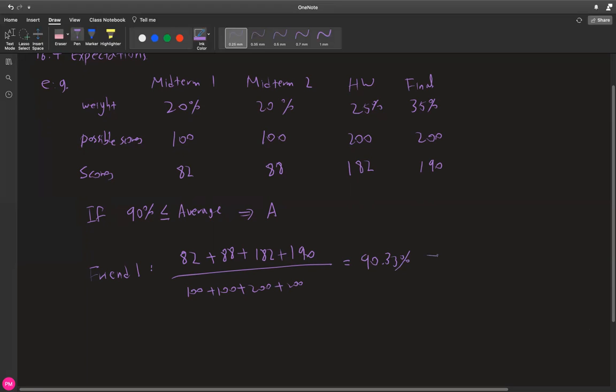So hence you should receive an A. But is this a correct way to calculate it?